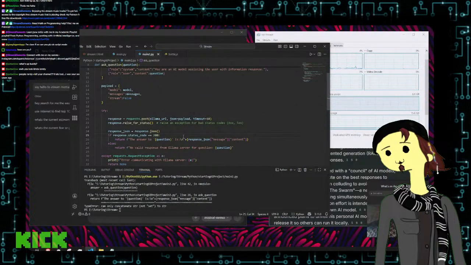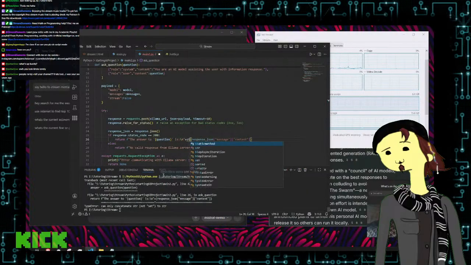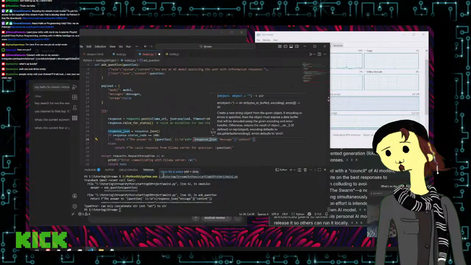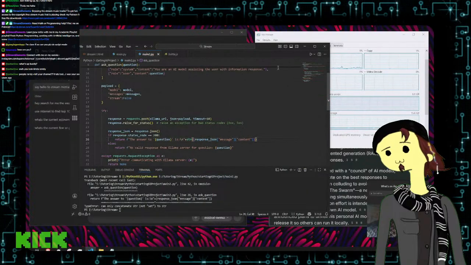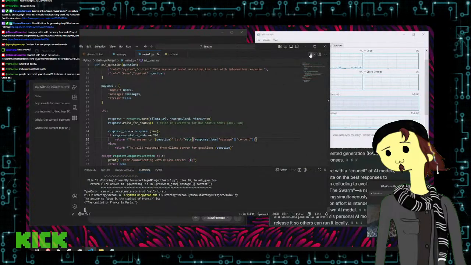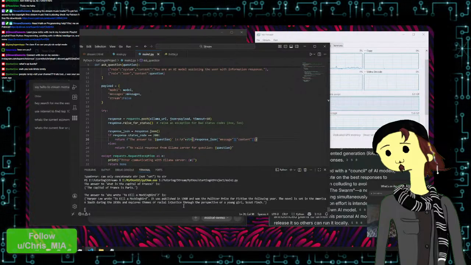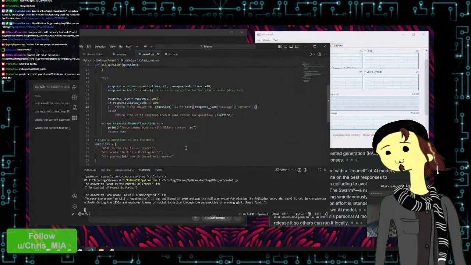Okay, so we're not returning a string. We should be attaching to a string. So we have to take this whole thing and convert it to a string. There we go. And finally, we have a direct response from our AI